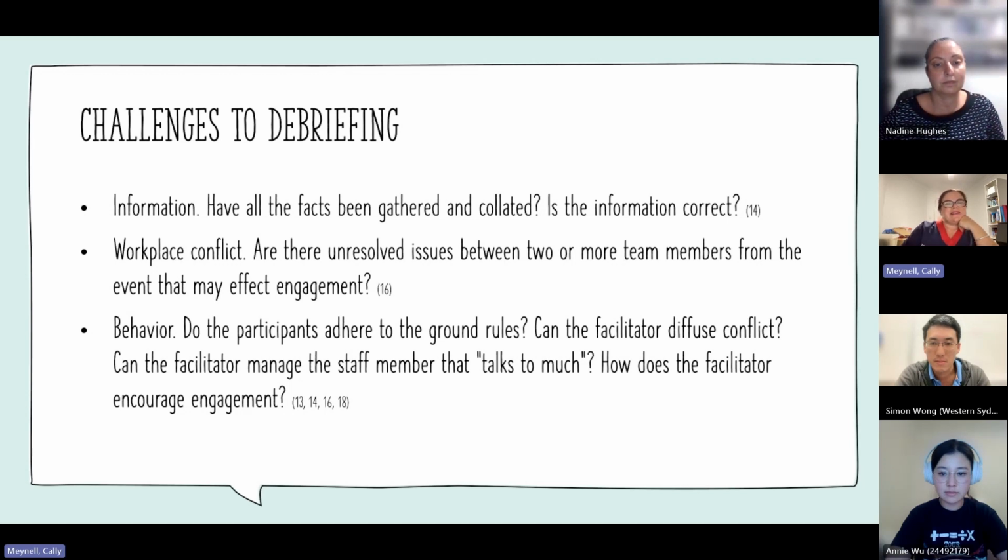Conflict within the workplace can hinder effectiveness of the debriefing process, whether it existed beforehand or arose from the critical event itself. In such cases, it may be beneficial for facilitators to hold a preliminary meeting with the conflicting parties to mediate and help them address their underlying issues. These pre-debrief meetings can also clarify the behavioural expectations for the debriefing session, fostering a more conducive environment for constructive